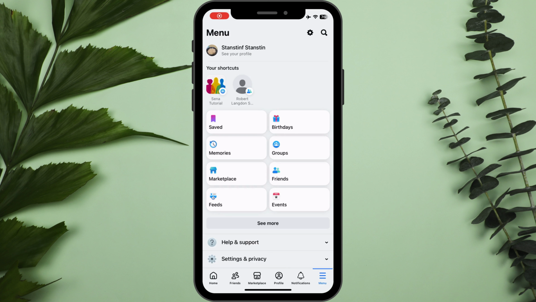How to create a poll on Facebook. Keep in mind that you can create a poll only on group posts or on page polls, but you cannot do it in your personal polls. So the first thing you have to do is go to your desired group or page where you want to create the poll. As an example, I want to create the poll in Sena tutorial,